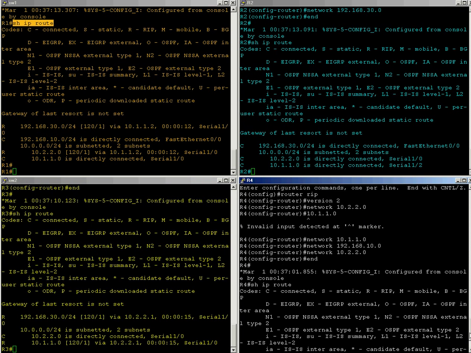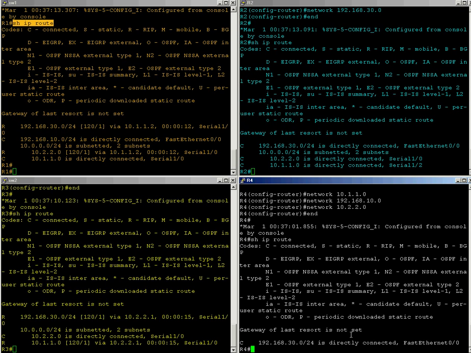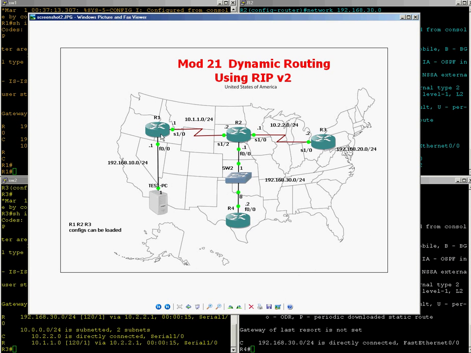But basically what they're telling me is that they learned the neighboring routes to get to the specific routers. So an example, what you see here is, I'm going to highlight this. This router learned about the 10.2 network through the 10.1 network. So basically what that's saying is R1, which is out here in South Dakota,